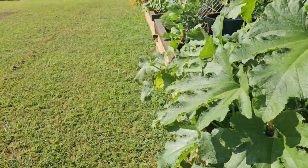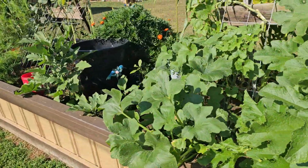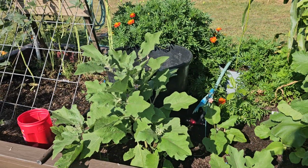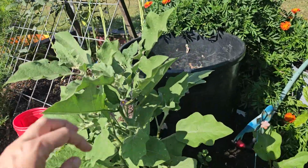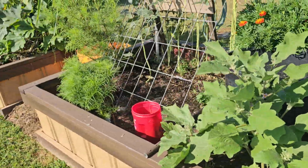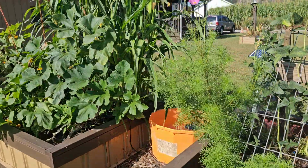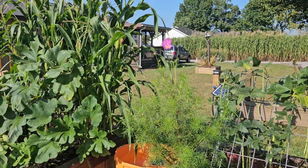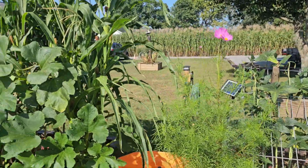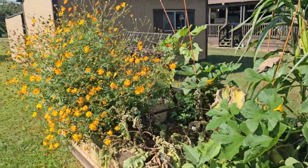The acorn squashes are getting attacked. The eggplant are starting to get huge and have lots of flowers on them, so I'm happy with that. The cosmos are starting to flower on the purple ones. The orange,